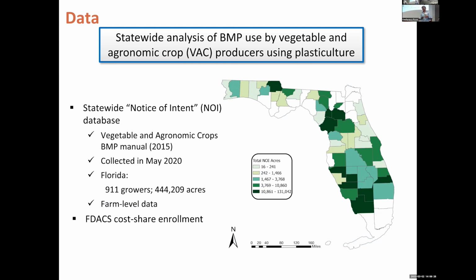And this is FDACS cost share. It is possible that a farmer is enrolled in cost share from a different program like NRCS cost share or water management districts. But think of it as a proxy. They have cost share from FDACS. So keep in mind too, these folks are in a BMP program already. That's what this NOI program is. So we're only looking at those particular people that are participating in these programs. There are growers outside of the program that are adopting BMPs, and there are growers outside of the program who are not adopting BMPs. It's not a random sample.